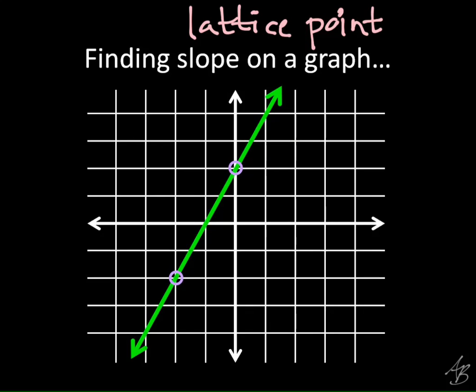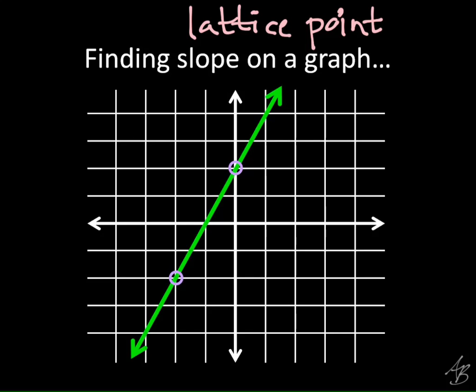All right, so I've chosen 2 lattice points here. And so to find the slope, I need to count the rise and I need to count the run. Remember, slope is rise over run, right? So I'm going to pick one of these 2 points to start at. It really doesn't matter which one you start at, except I'm always going to start at the one on the left. So if I always start at the one on the left, I'm always going to go from left to right. And if I'm going from left to right, is that positive or negative for my run?